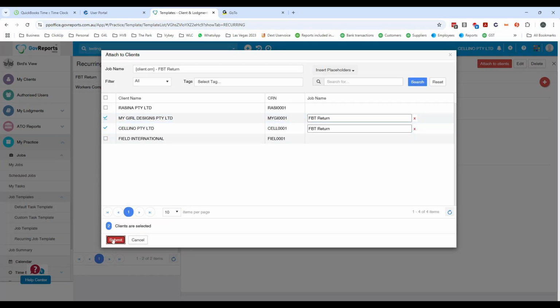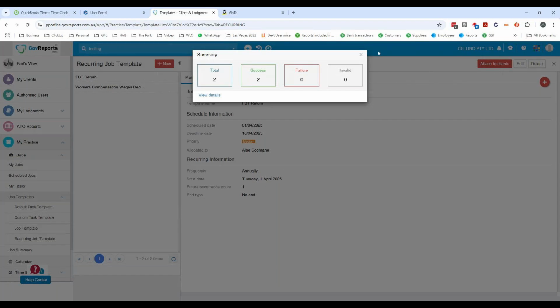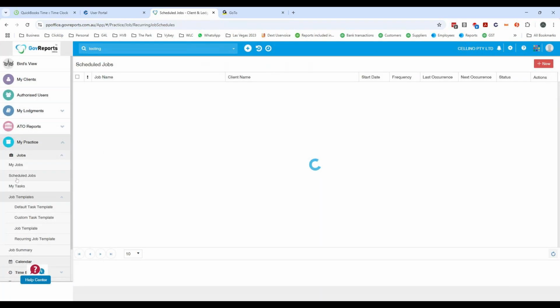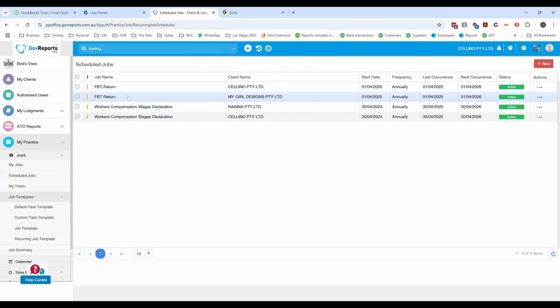And then I go Submit. And let it save the information. So it tells you here it's created 2 successfully. Can you see now it's created 2 FBT returns